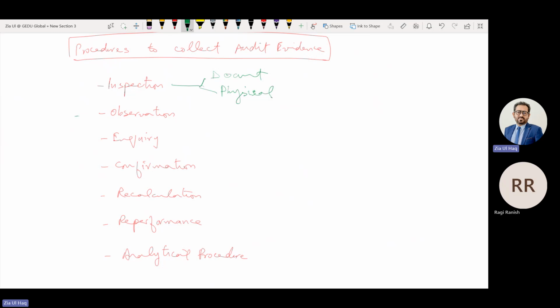Observation is used to perform tests of control. Companies have a control where, when any employee enters the company, they scan a card with a machine. Automatically their start time is entered into the system. At the end of the shift, they scan the card again with the scanner, and their end time is entered into the system. So we will observe whether in the morning every employee is scanning a card, and his own card.